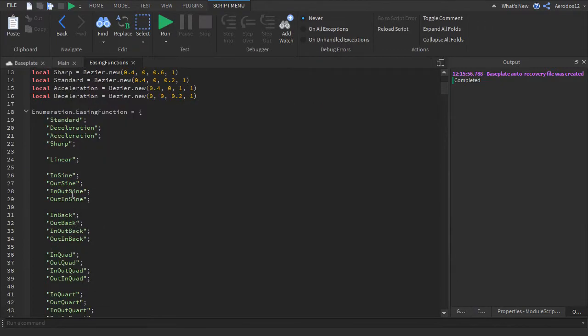So here are all the easing functions in case you don't know what they are. I'm going to go to the easing functions part of this and just show you what I mean. Linear is what it is. Sine is sinusoidal, a trigonometric easing function that has a wave-like pattern, and it's what I used to use a lot in my animations in Crossroads Warfare. Now I mainly use either quad or something similar to quad, like cubic, quart, quint, or